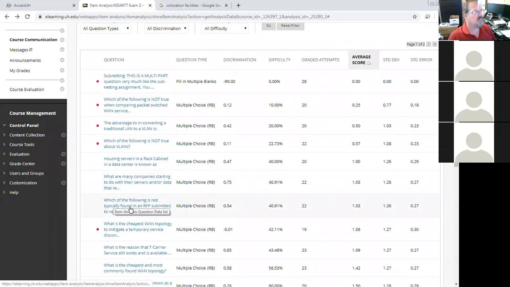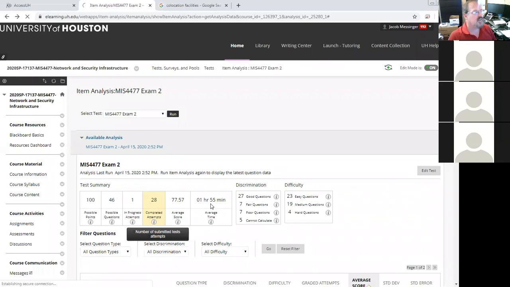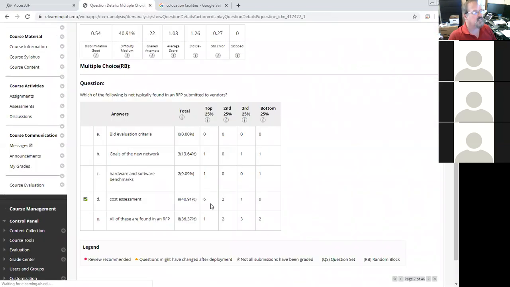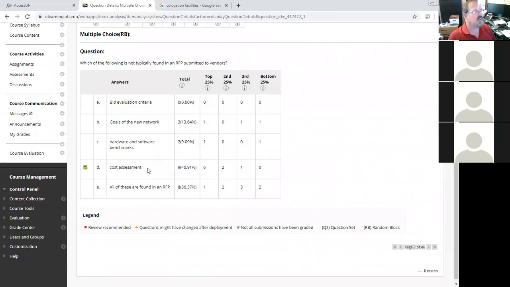Let's see, which of the following is not typically found in an RFP submitted to vendors? The answer is a cost assessment. A cost assessment is part of the building block approach that we use to build our networks. The RFP is a part of cost assessment. Cost assessment is not a part of RFP, but all of these other items are in 99% of RFPs that